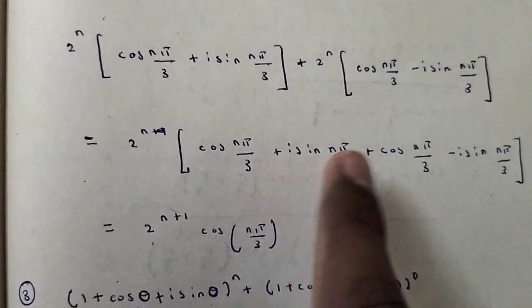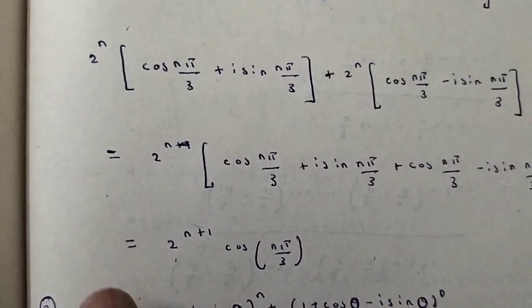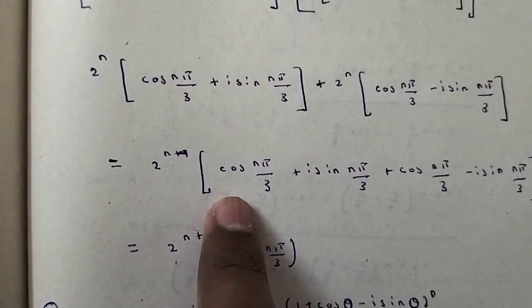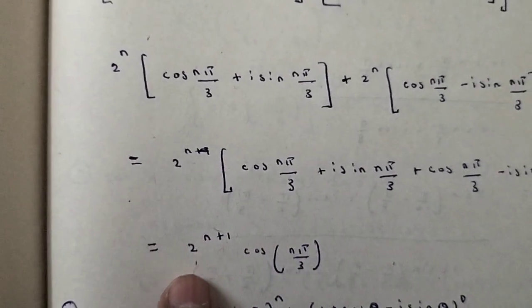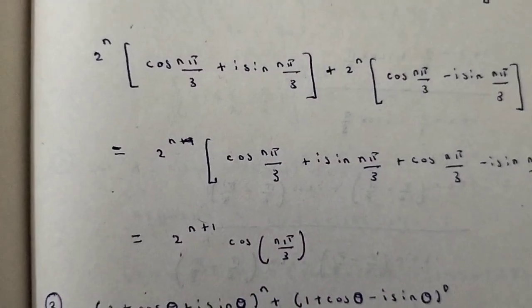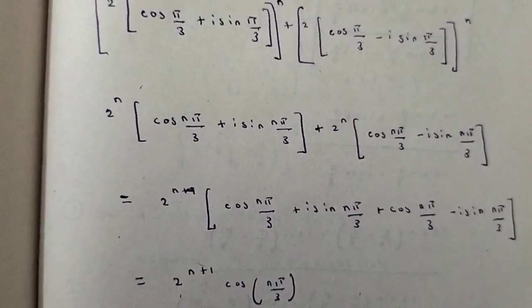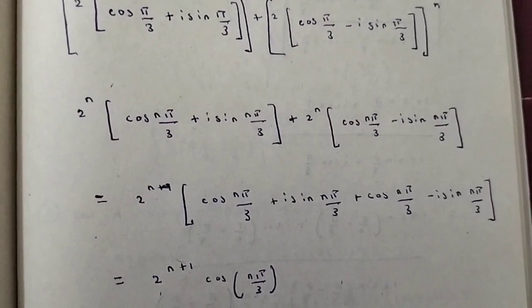This i sin n pi by 3 and this i sin n pi by 3 both get cancelled, and it remains 2 to the power of n into 2 cos n pi by 3. So that we can write as 2 to the power of n plus 1 cos n pi by 3. So these are two important questions which I taught today,